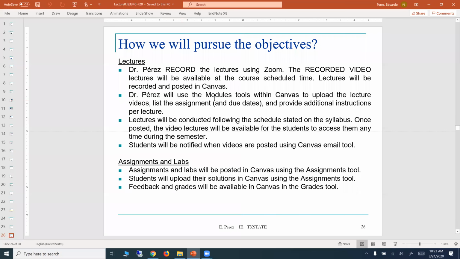So Dr. Perez will use the modules tool within Canvas to upload the lecture videos, list the assignments and due dates, and provide additional instructions per lecture. Lectures will be conducted following the schedule stated on the syllabus. So if you go to the syllabus, at the end of the syllabus, you have the schedule for the lectures,